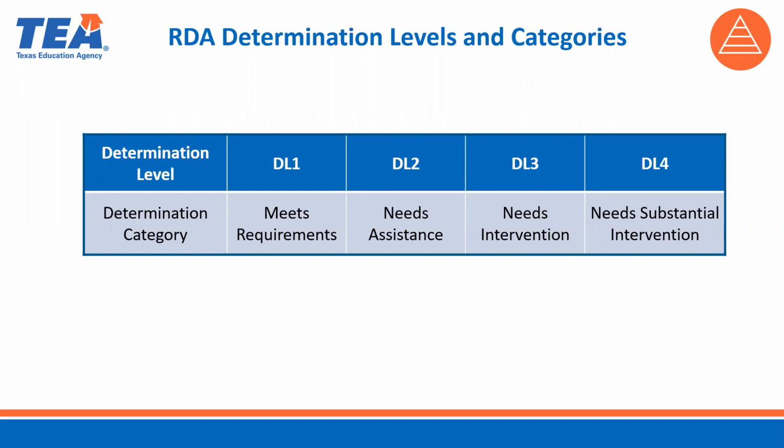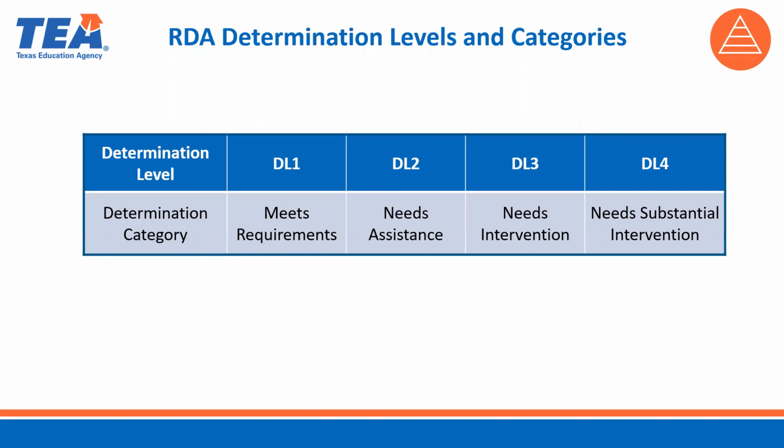LEAs who meet RDA requirements may also have opportunities to engage in additional or optional activities related to the program areas within the RDA framework, such as promising practices reviews, special pilot projects, or innovative approaches with the goal of improving student outcomes. LEAs who obtain a DL2 needs assistance have 1 or more areas of moderate need as